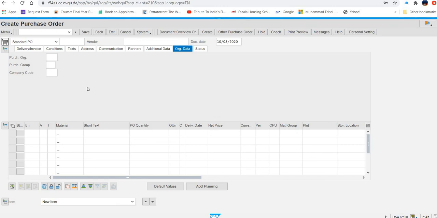Okay, what do we have to enter here? Request for quotation. Where will it come? Document overview is already on or off? Let me check.